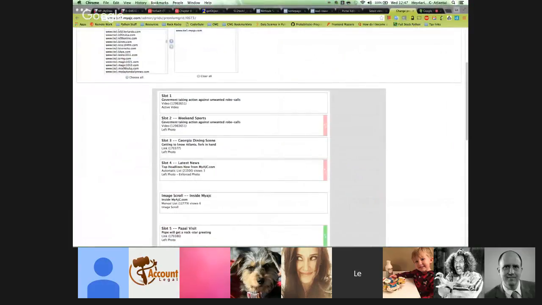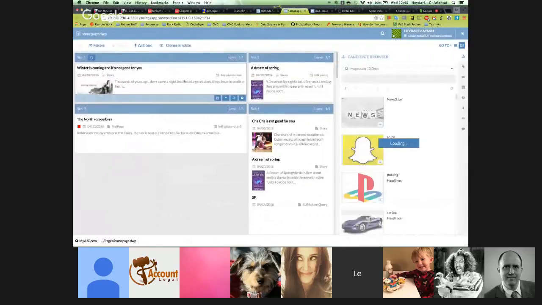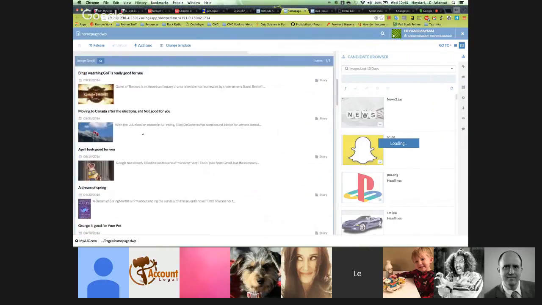So in order to get the same effects in Method, we're allowing users to place DWCs inside these zones, because so far what I've shown you is dragging a story directly into slot 1. But if you want to create a headline for this slot 1, Method doesn't give us any way of setting properties for zones. For example, I can't give this zone any properties; there are no object properties to assign attributes to it. So in order to assign properties, I wrap my content, the story for example, inside a DWC, and then place that DWC inside here. You can see that, for example, with the image scroll. So this image scroll